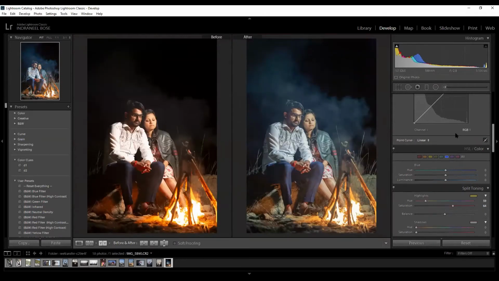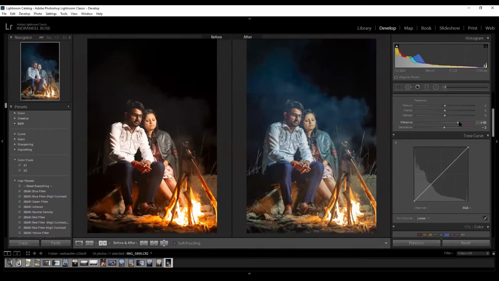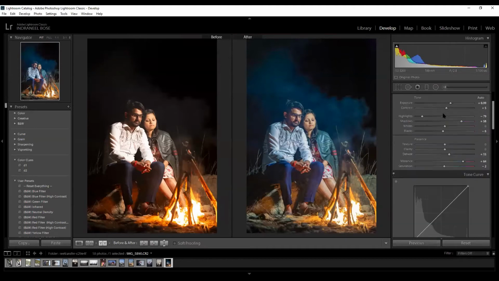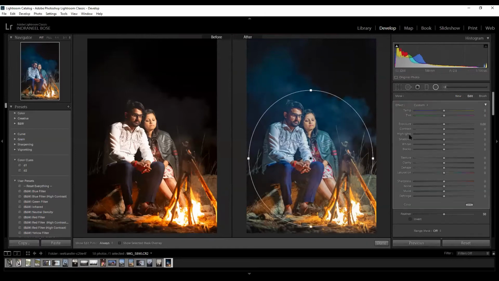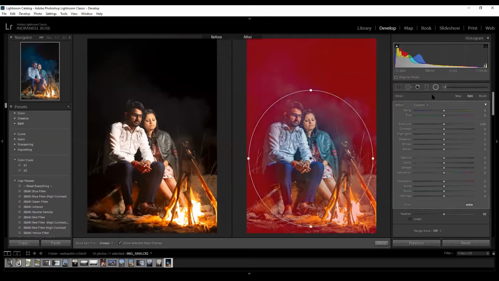Now if you put on a little vibrancy and a little dehaze and increase the blacks a little, now see. You can feel the smoke as well as the tone. Now you can easily, any given day, go to the radial filter and work very effectively.